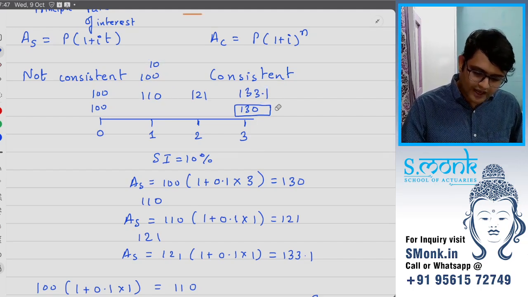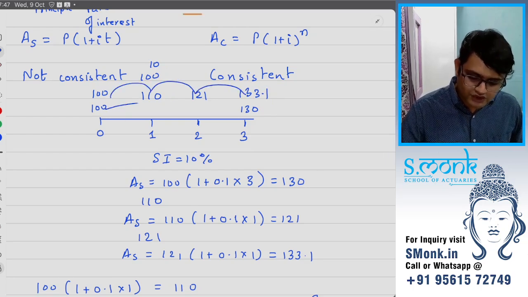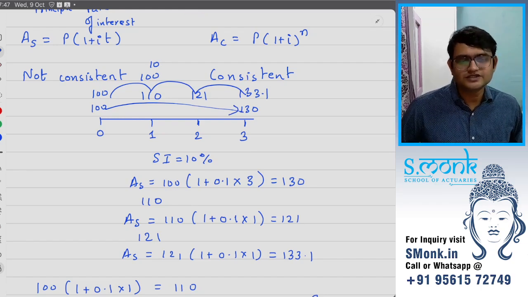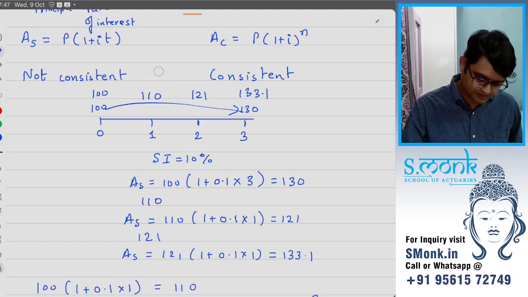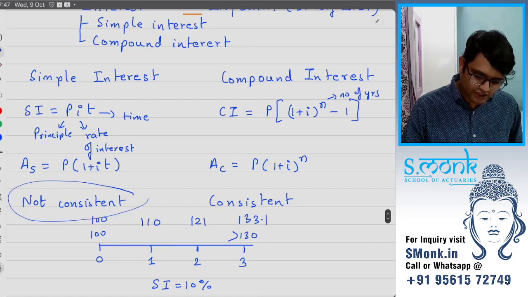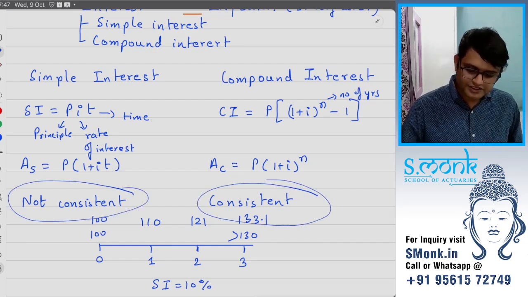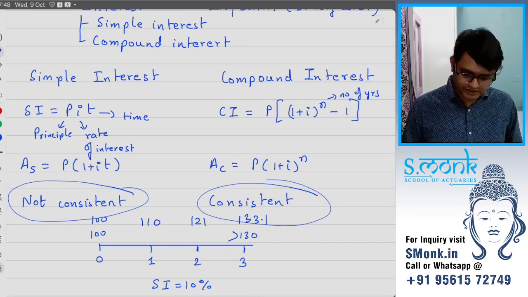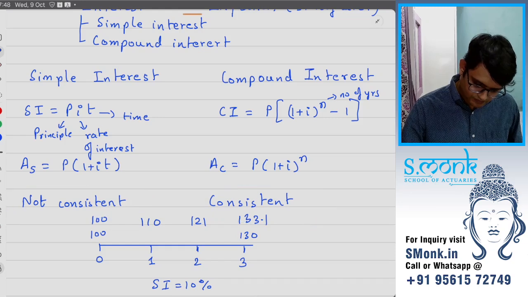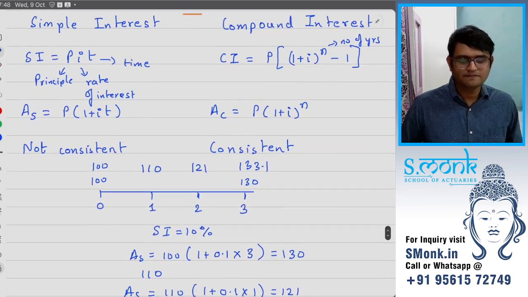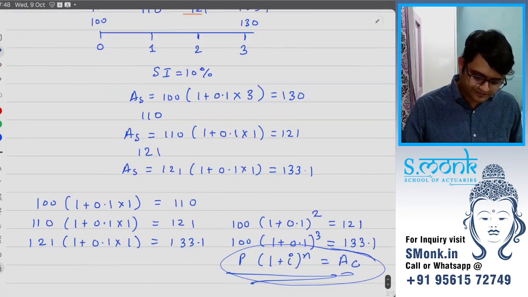So if you do that, then whether you choose 1 year at a time or whether you choose directly 3 years, your answer will be consistent. Okay? So simple interest is not consistent, compound interest is consistent. Right? Now let's say